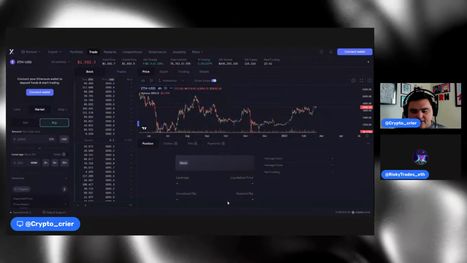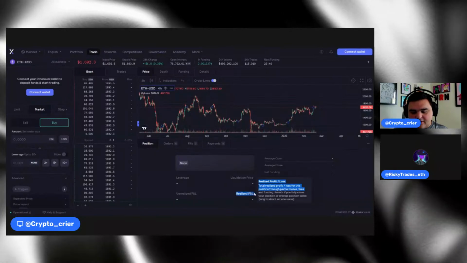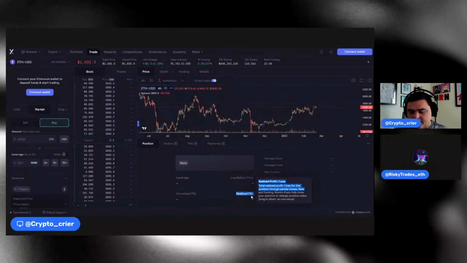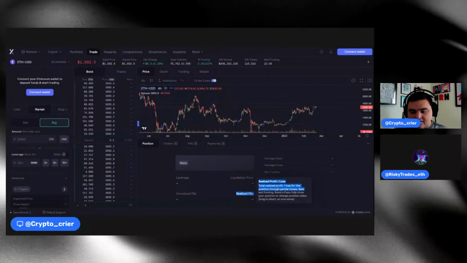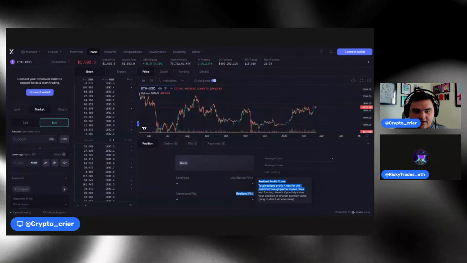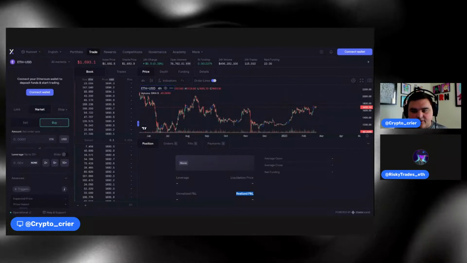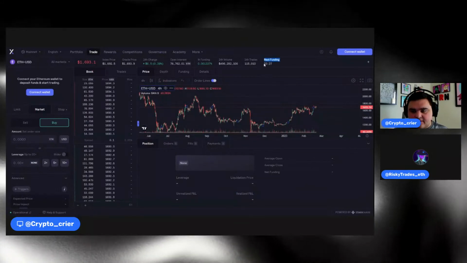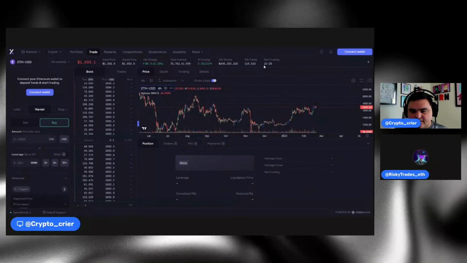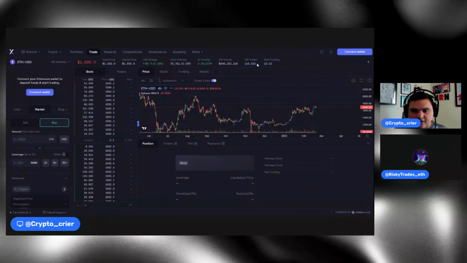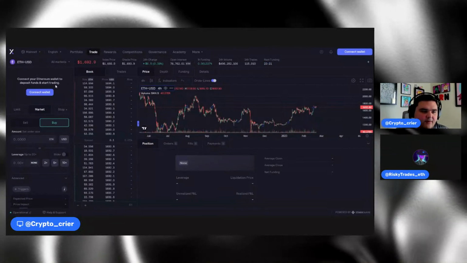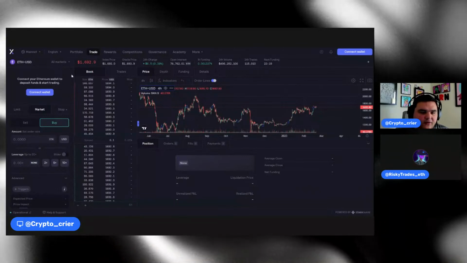So every couple hours, when you have a long position, the funding will show up here. It costs money to keep an open trade going, every 8 hours, so it depends on your platform. Also, I think this one's actually really short. It's like 40 minutes on funding, I believe. So it really depends on the place that you're actually trading. They also have a